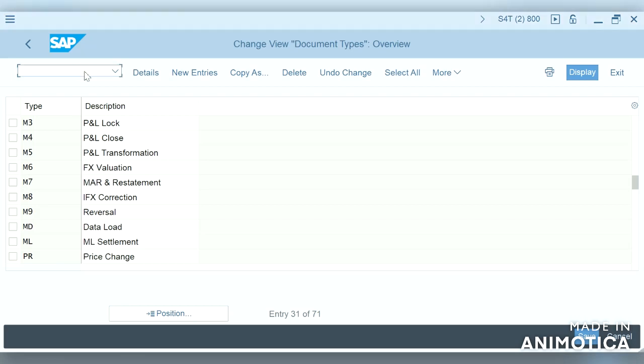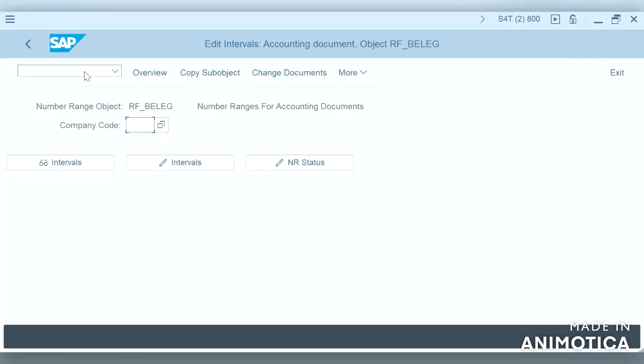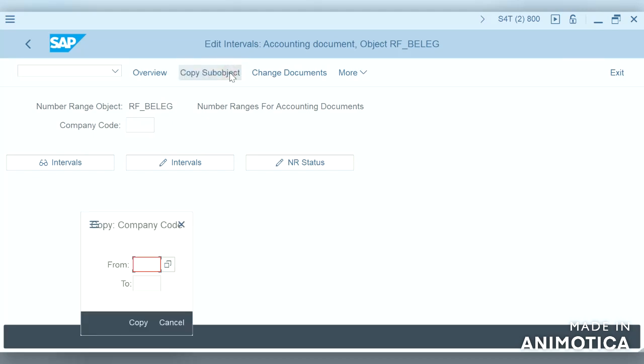So let us create the number ranges, without which we cannot post the document, and we will copy the number range. I think we already did this. Let me check once again.